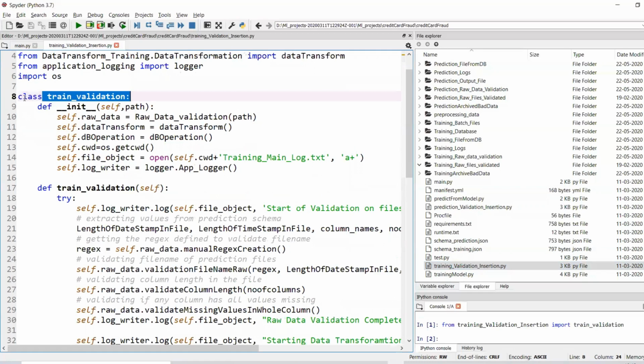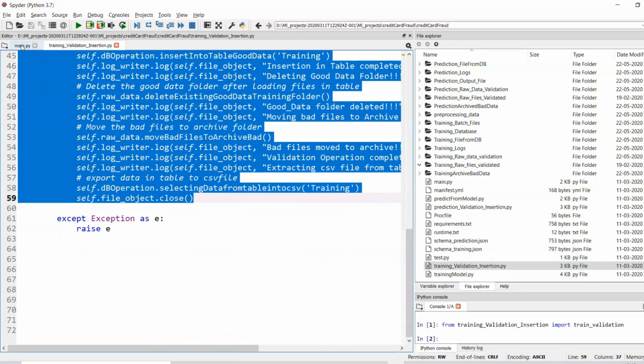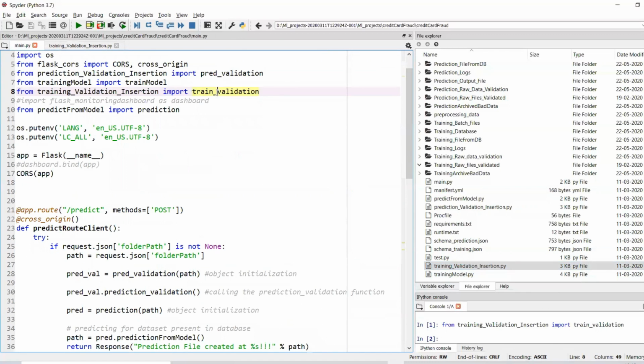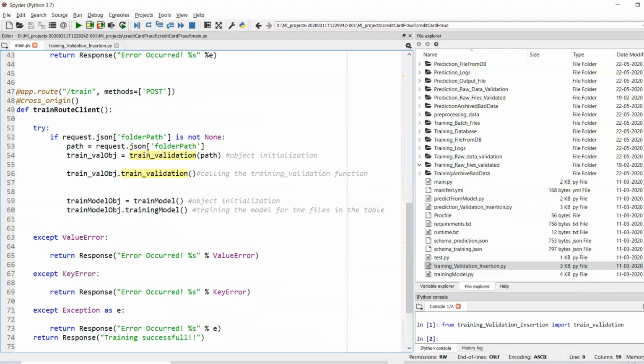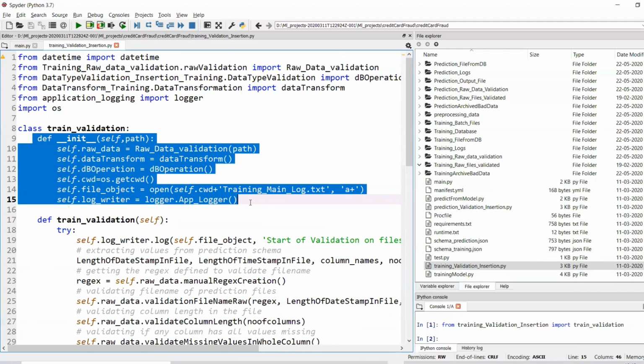Now, when we import it, that basically means we can use all these methods inside that particular py file. Similarly, if I search for this, you can see that it is getting initialized over here with the folder path. Here I'm just giving the path. So what happens once we execute this? As soon as we execute that, this init function will get executed, because this is the starting initialization. It is just like a constructor.